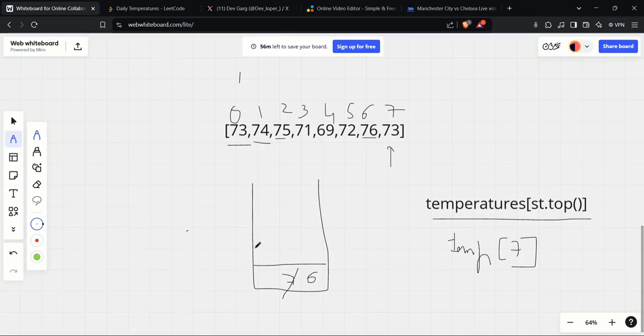72 is smaller than the top of the stack. I mean the element at the top of the stack, which is 76. So we push it here. Then we go to 69. 69 is smaller too, so we write 4. Then we go to 71. 71 is bigger, so we pop,